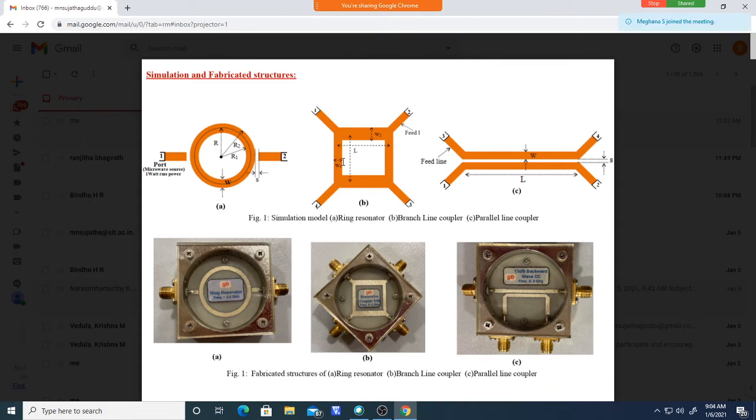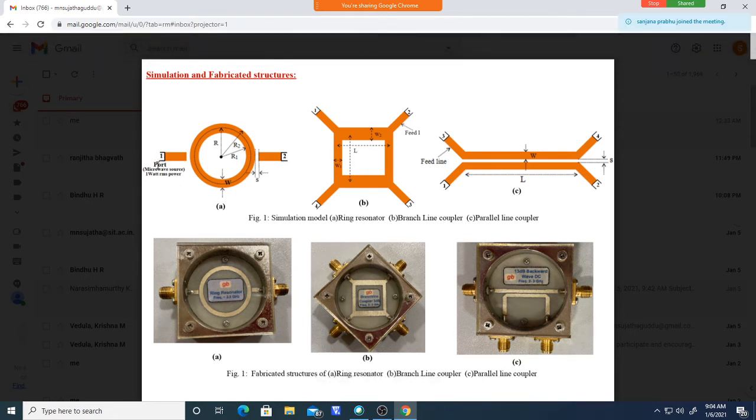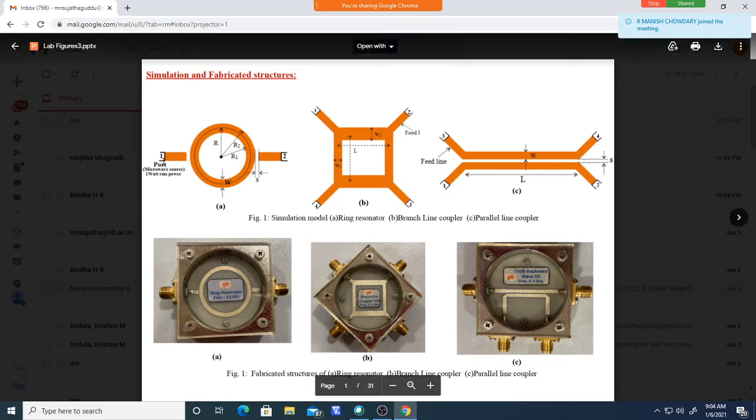Similarly, this is a branch line coupler. In the simulation tool, it will look like this. This is the structure in the simulation tool. Similarly, this is the one we have drawn, and here are the ports. You see, this is port 1 and port 2 that we are putting in the simulation tool. Ports means this is a source here. The source acts as a source, and it also acts as a receiver. We can see both. This is a source we have connected, that is a port here.